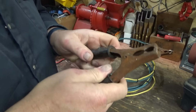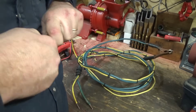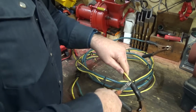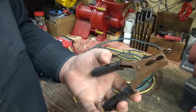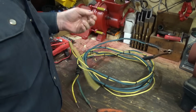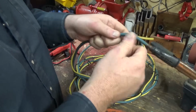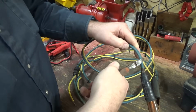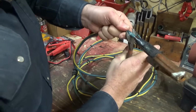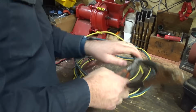And that'll be alright. Okay, so let's zoom to the other end here, because if I remember right, I put on some ends, screwed them in there. They're probably going to be in there pretty darn good. I don't think it's going to be worth messing with, so we'll just cut them off and start again. These ones, I can't remember where I got them, but they don't even line up right. Just junk. I'm looking for some better ones. I was thinking I was just going to get a cheap set of booster cables and get the ends out of that, but then this thing crapped out on me, so I'm like, well,